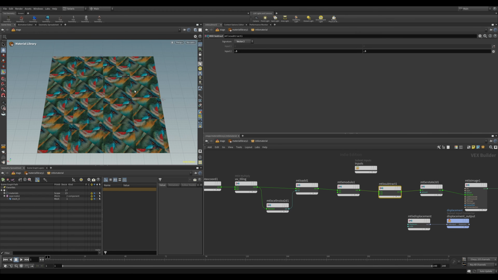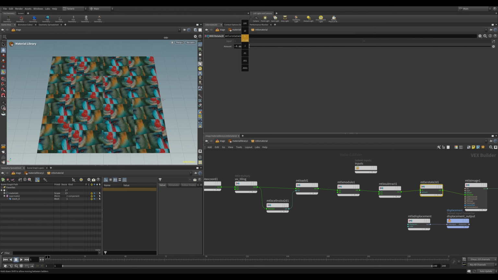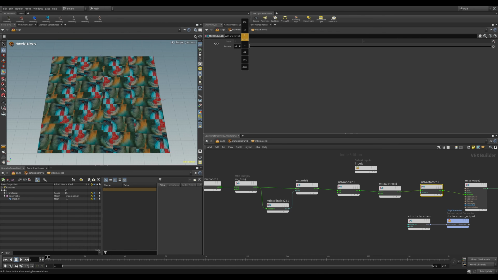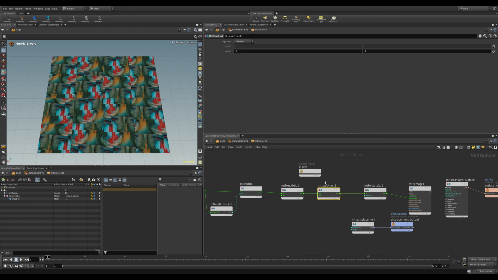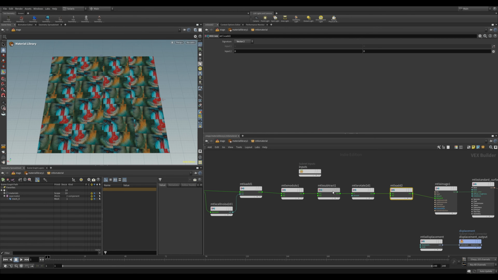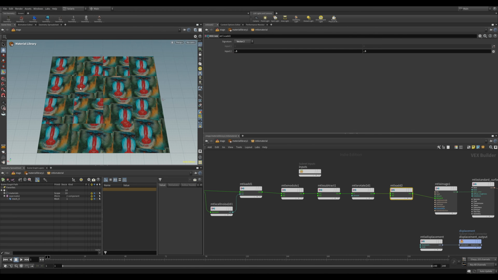And this way, once I go back to my rotation amount and change it, you'll see that the rotation's happening from the center of every tile. But now that we've added this offset with the subtract node, we need to reverse that. So I'll use the add node, and I'll add the same amount, 0.5, with this add node. And that essentially gets rid of the offset that we've created.